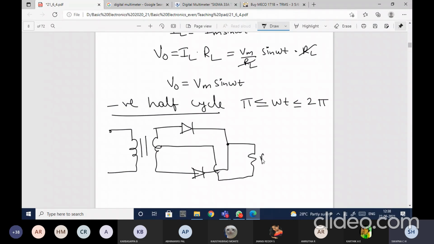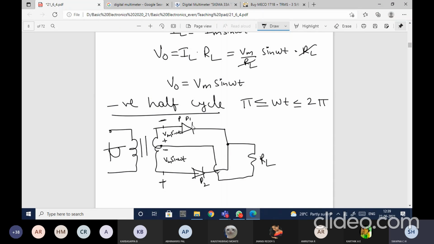RL. Okay, so here I need, this is diode D1 and this is diode D2. Now again I need to analyze for the negative half cycle. So negative waveform I have taken, so this terminal will become negative and this will become positive. Since I have taken the center tap, with respect to this negative, this will become positive, and with respect to this positive, this will become negative. Here also it will divide equally, Vm sin omega t here also, and here also Vm sin omega t. Now we have to analyze what happens to the diode.